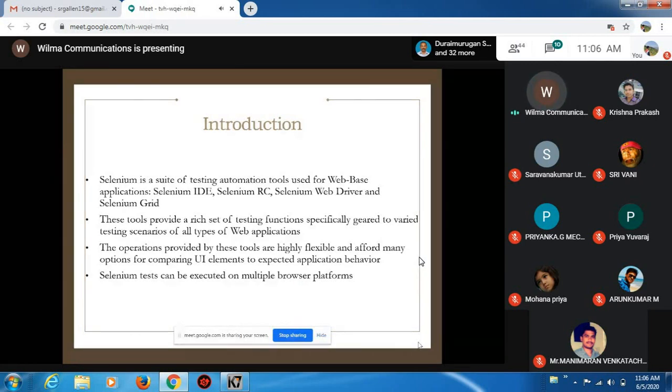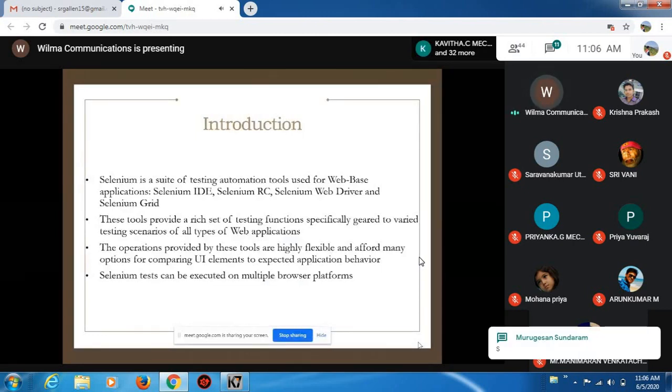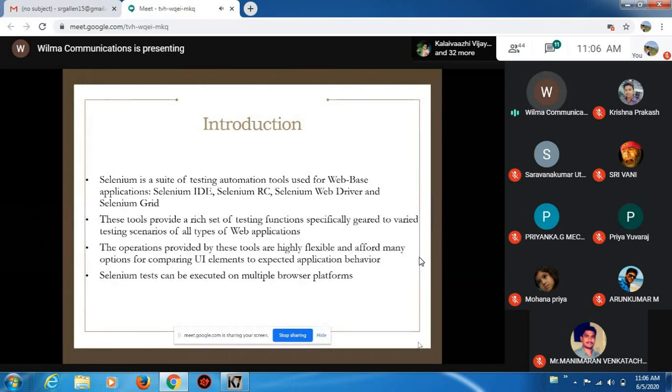You can check the application login functionality. You can check the different transactions. What are the different transactions available? If you consider online shopping, we have registration, login, search the product, add the product to the cart, making a payment, trying to buy the product. So all the different behaviors can be verified and validated with the help of Selenium.